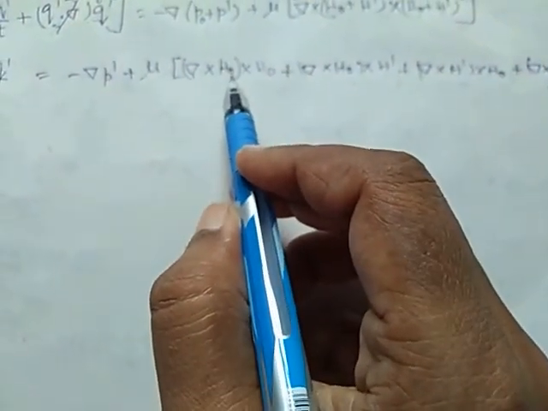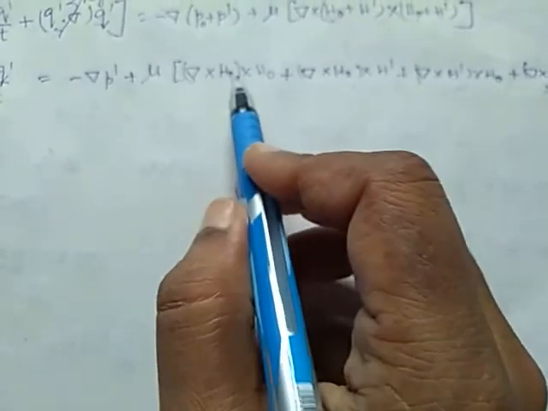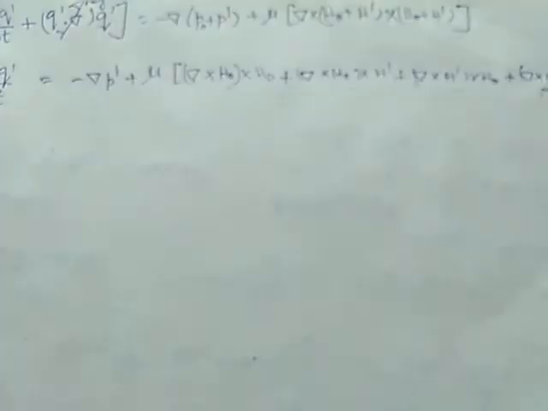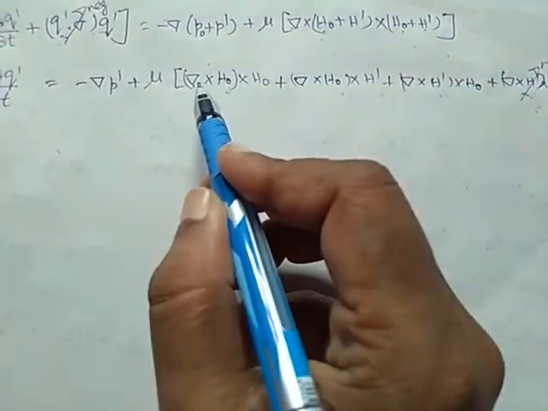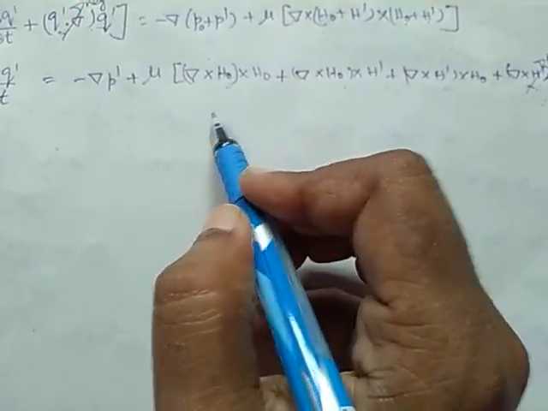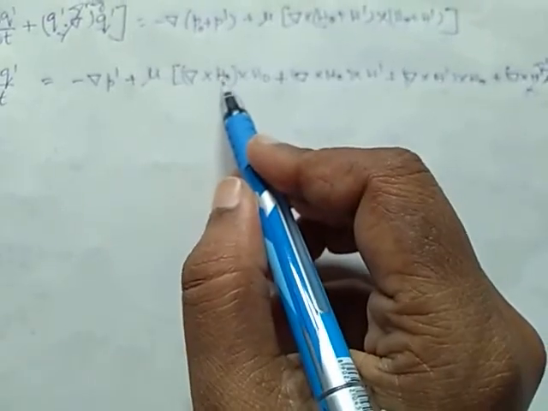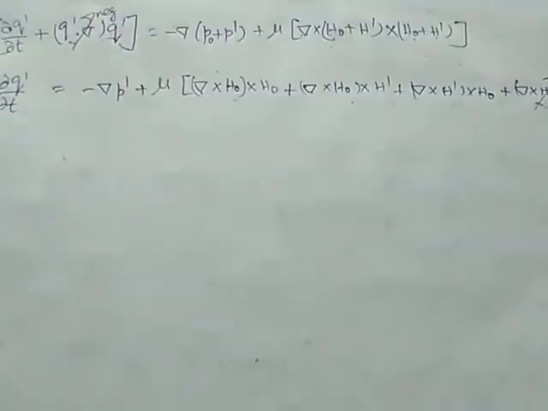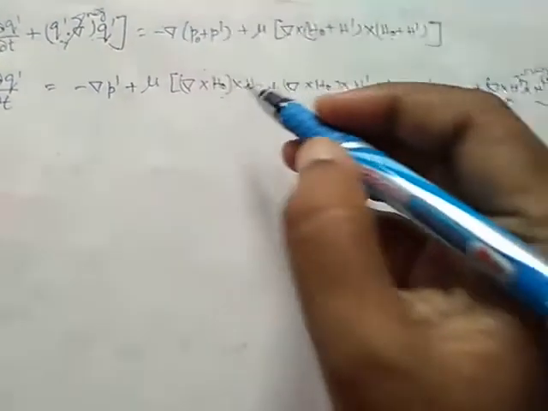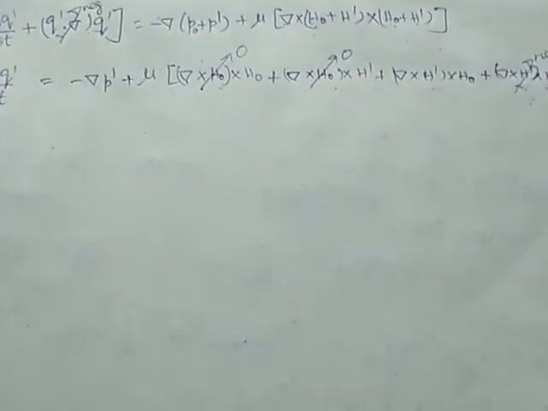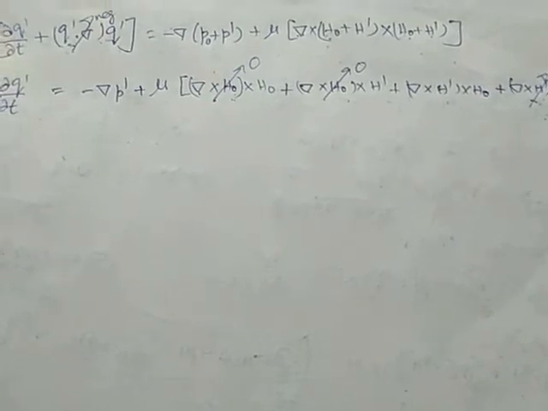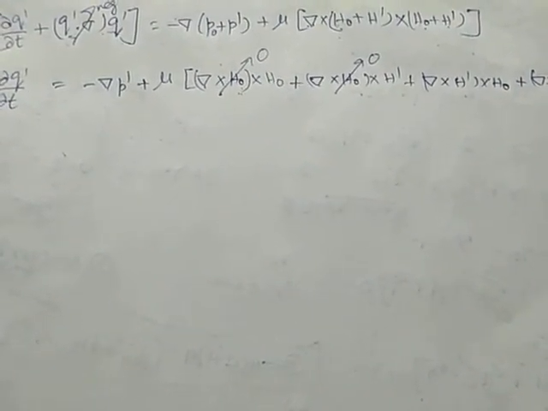When we find the curl of this, we will write the determinant. So what is the determinant? First row is i j k, second row is dou by dou x, dou by dou y, dou by dou z. So we have to differentiate h naught with respect to x or y or z. Therefore this becomes 0. Similarly this also becomes 0. Therefore our momentum equation reduces to,